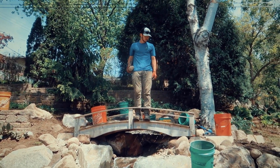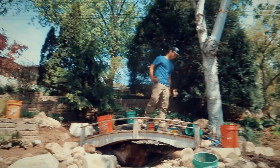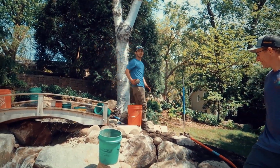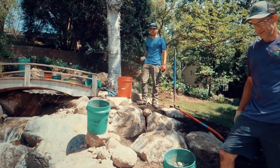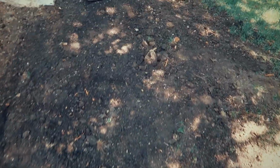I hope it doesn't fail. And then he goes just. Awesome. And then we did some grading of the dirt here, so it's a little easier for them to walk